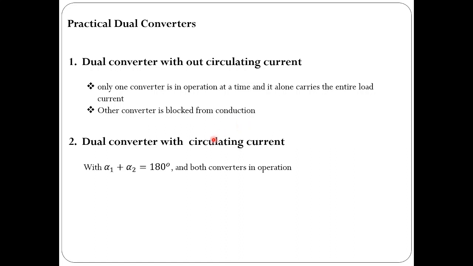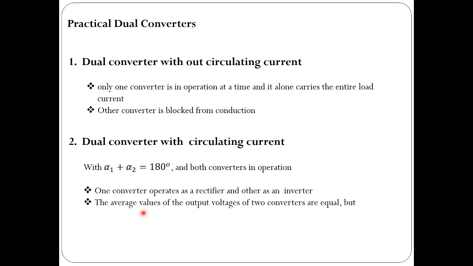So when it comes to dual converter operation with circulating current, in that case both are going to operate at a time with this condition. In order to operate both at a time, you must maintain this condition, alpha 1 plus alpha 2 is equal to 180 degrees. And this is the case for dual converter with circulating current. So this condition has to be maintained. Under this particular mode of operation of dual converter, one converter operates as a rectifier where the other operates as inverter. The average values of output voltage across each converter are going to be equal, of course maybe with different polarity,